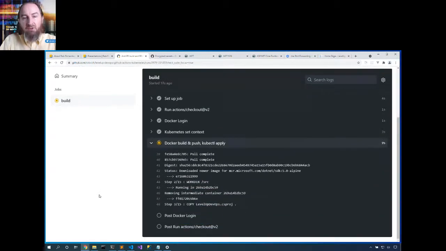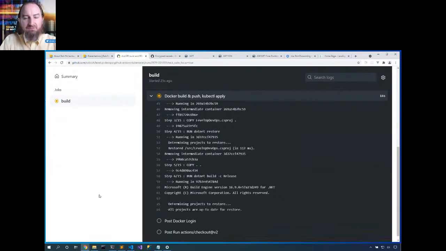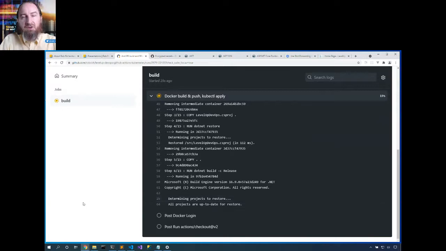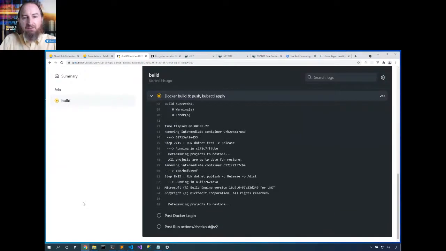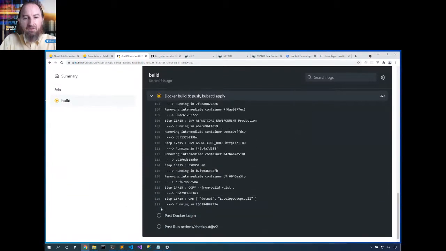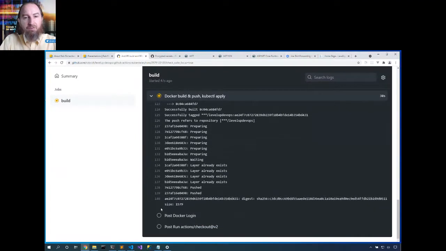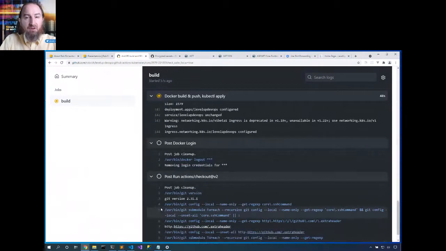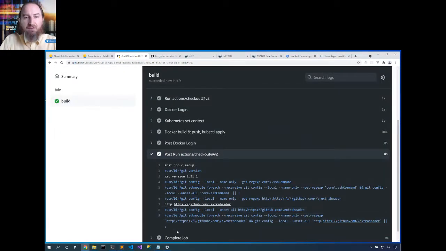Now, it is running the main build. It's not running the PR build because, well, it doesn't apply to the main branch. So here's all of the steps that it's doing. It's rebuilding our website. It's running all of our unit tests. It's doing a .NET publish, getting all the content, copying it into that new container. And then once it's got that new container, then it's pushing that container up to our container registry. All of those steps inside of our Docker file. Once it's done with that Docker file, it's finishing up all of the steps in the build, doing the push up to the container registry, set out all of those secrets in our Kubernetes YAML file, and ultimately pushing that up to our